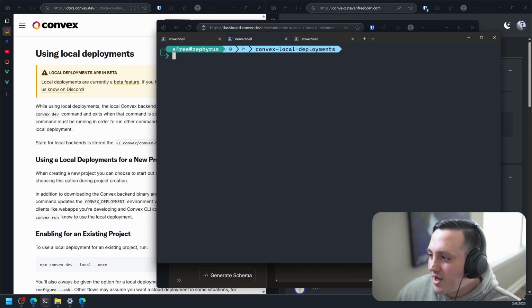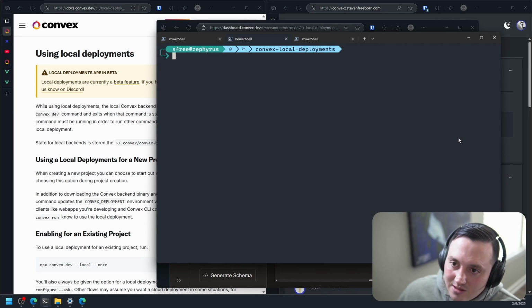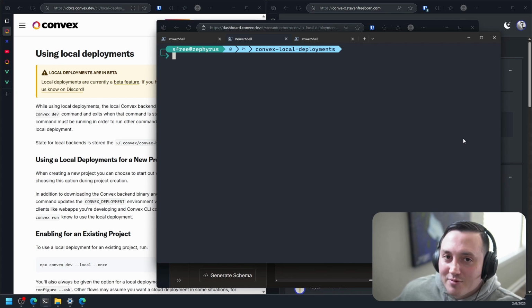And again, the reason why I'm exploring this is because, one, I think Convex is awesome, and I think it would be awesome to be able to use it more. But the thing is, I don't want to spend money on the managed service, primarily just because none of my side projects at the moment generate income. Now, if one of my side projects did, then I'd have no qualms about using it for that.